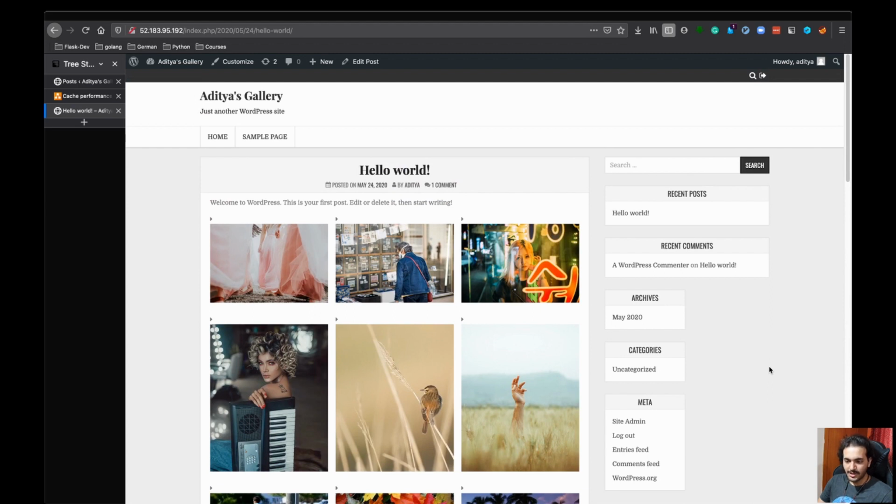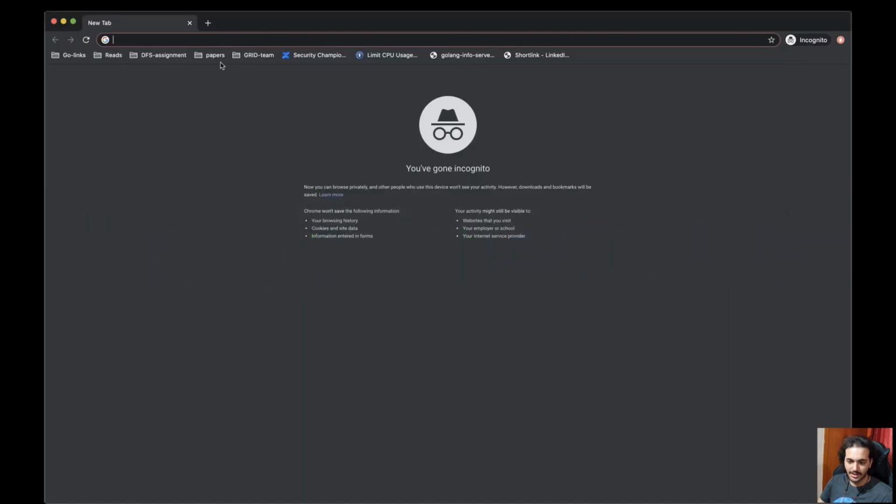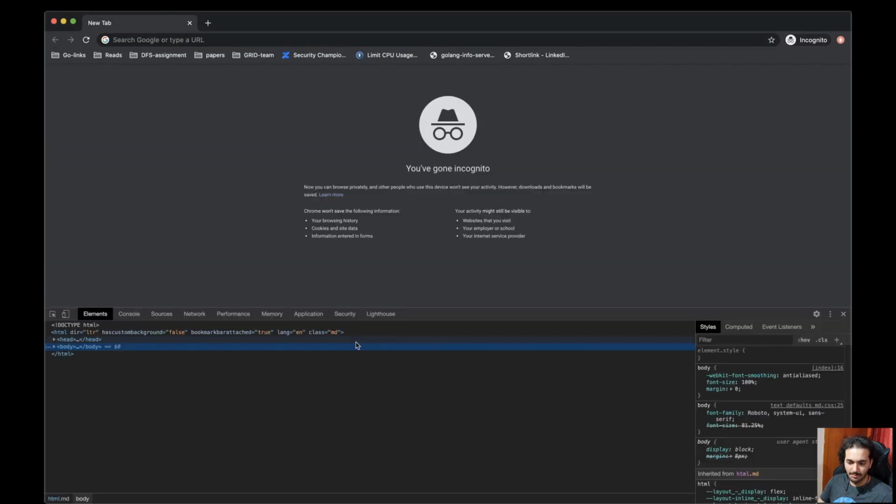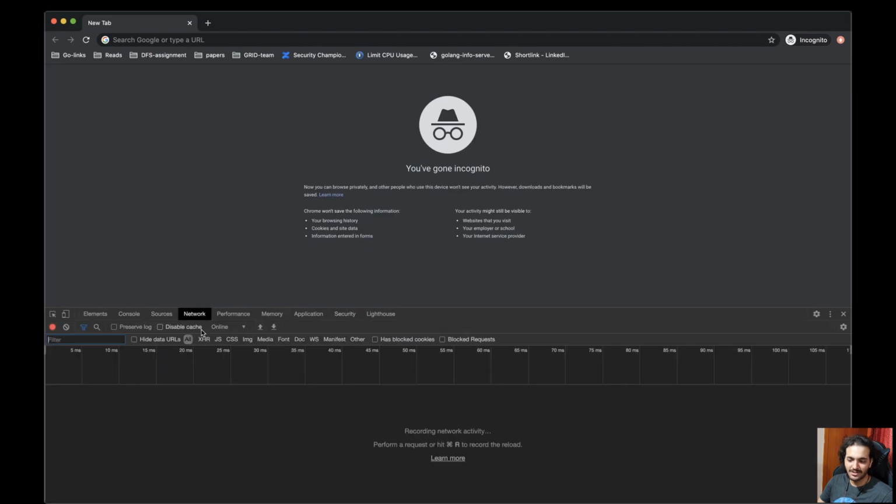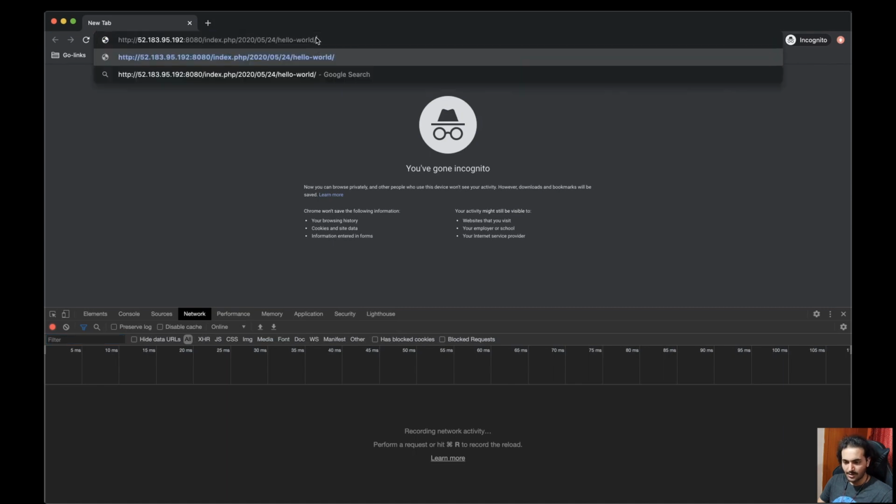Now let's proceed to the testing that we are planning to do. What I'm going to do here is open inspect element. This is the most basic test that you can do. I'm keeping it simple so you understand the use of a proxy and how much of a performance impact it can have. Once I go to inspect element, I've selected the network tab here. I'm going to go to the same URL, obviously without 8080. So this is going to hit our Apache process directly, which will serve the WordPress website.